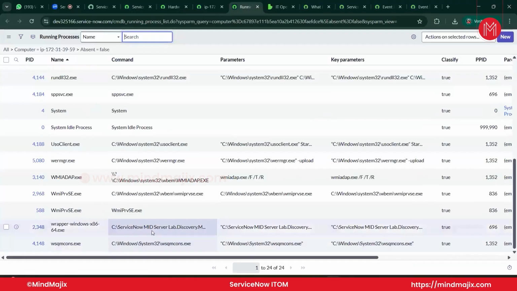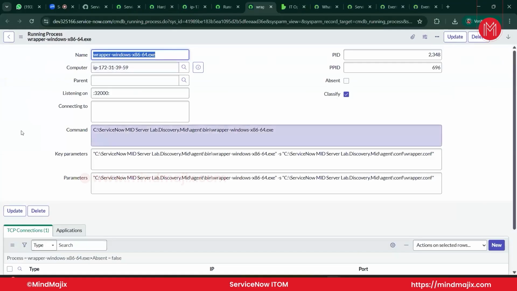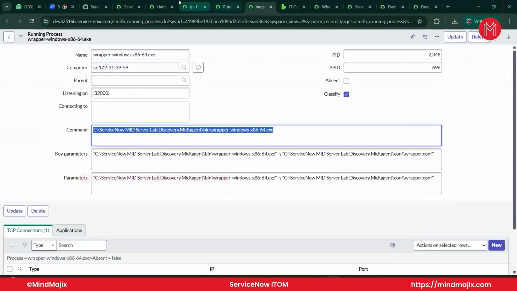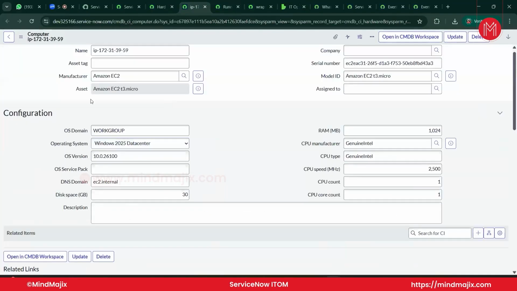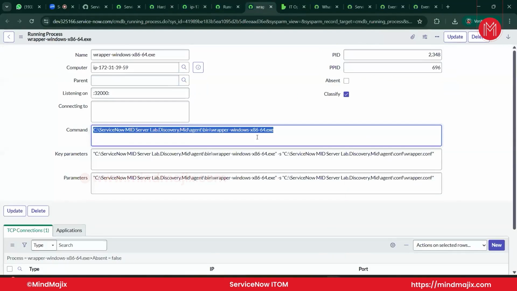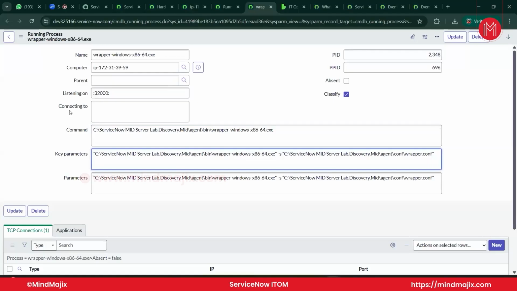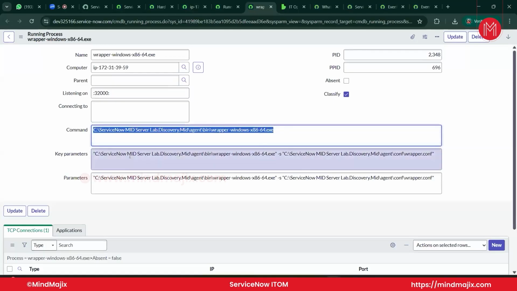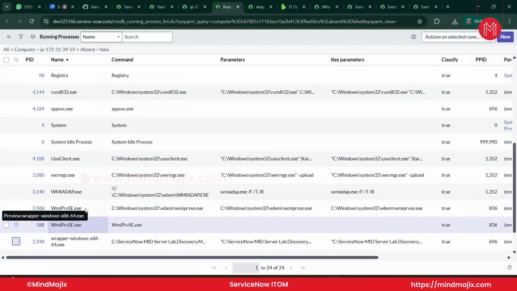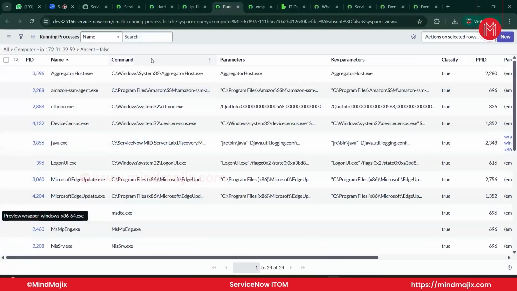So there is an application. If you open this, there is a Java application running on that server, because this is our MID server, which I installed on this server. So our ServiceNow MID server itself is an application. You can see that it is listening on this particular port, and these are the commands and key parameters. So these are the running processes, and whatever applications are running on that particular server, you will get that information. Based on this data, we will run a top-down discovery